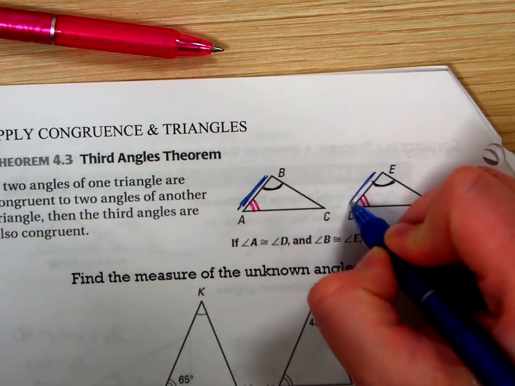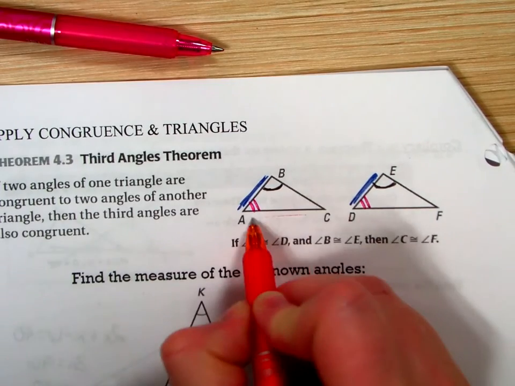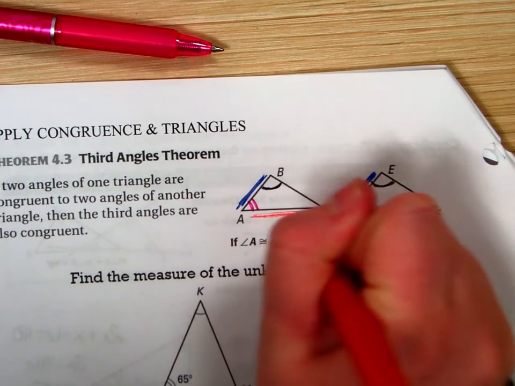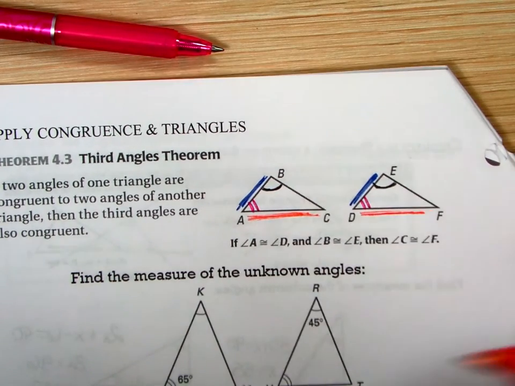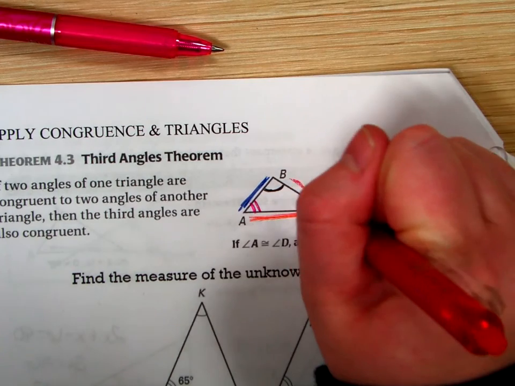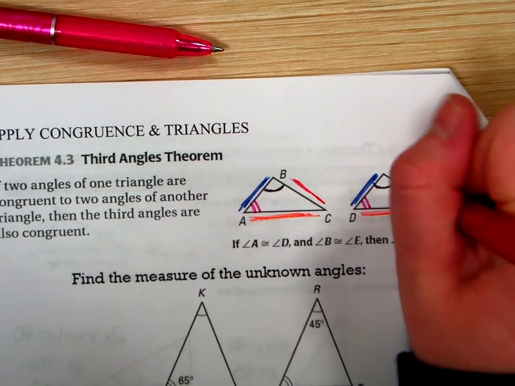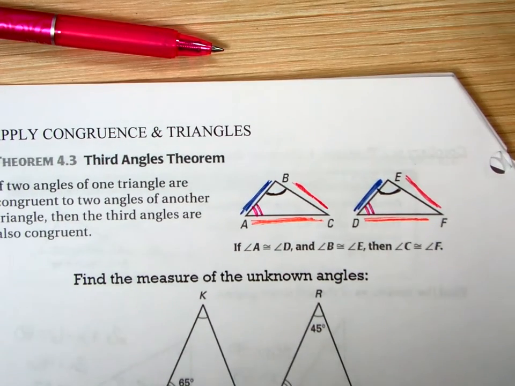AB corresponds to DE. AC corresponds to DF. And BC corresponds to EF. So what I want to talk about with these two triangles and congruence of triangles is